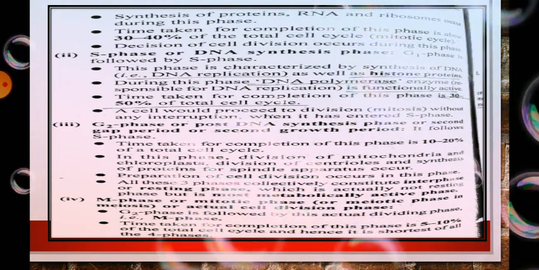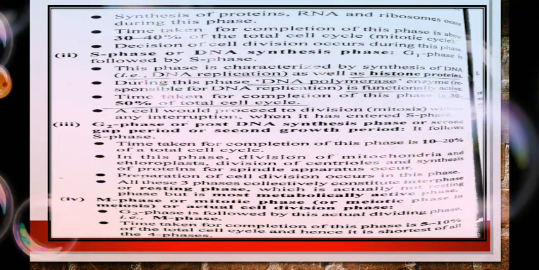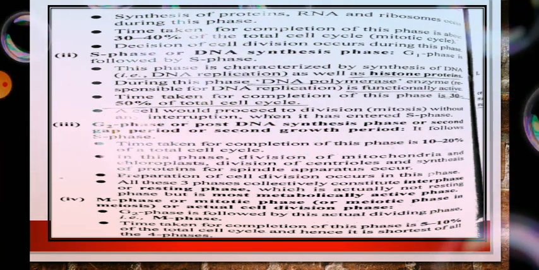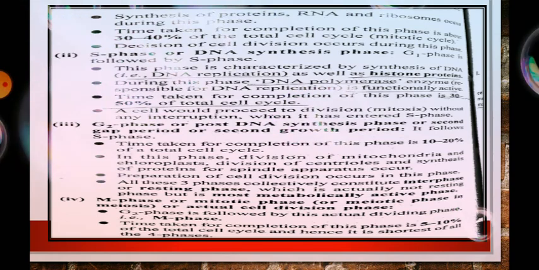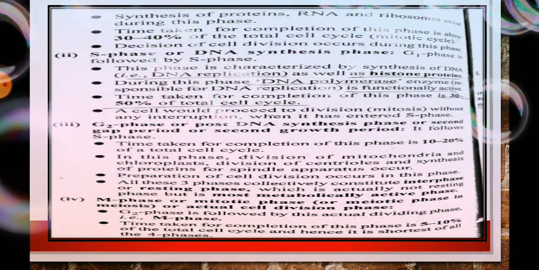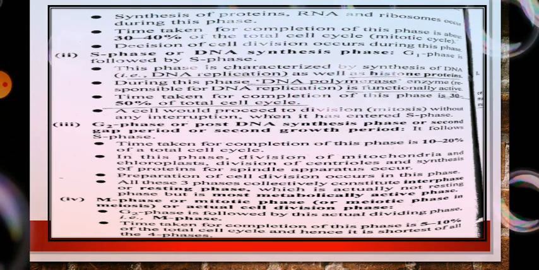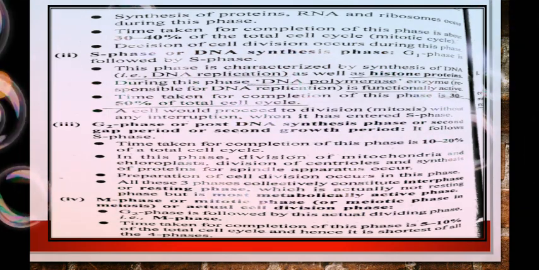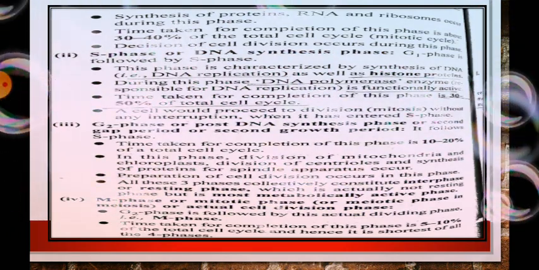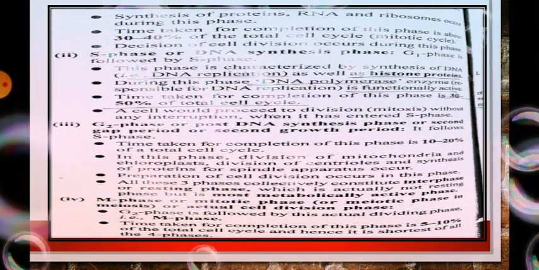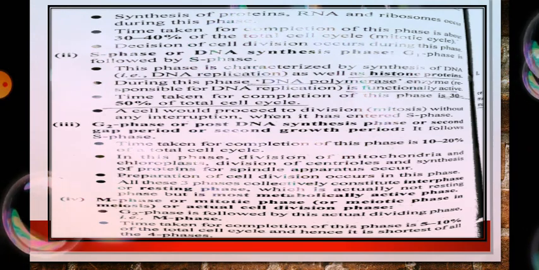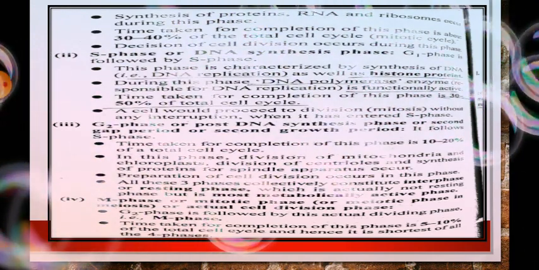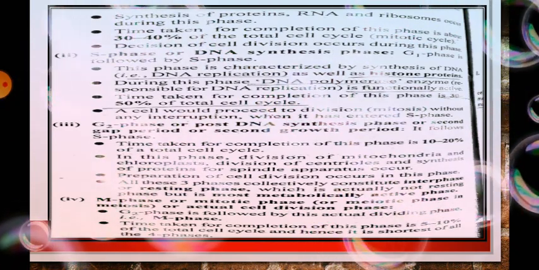After the completion of G1, S and G2, the cell finally comes to the M phase or the mitotic phase. It may be the mitotic phase, or the meiotic phase in case of meiosis, the actual cell division. Actual cell division occurs in the mitotic phase. So the G2 phase is followed by this actual dividing phase, the M phase. The time taken for the completion of this phase is 5 to 10% of the total cell cycle, and hence it is the shortest of all four phases. The M phase requires only 1 hour for completion of the cycle.